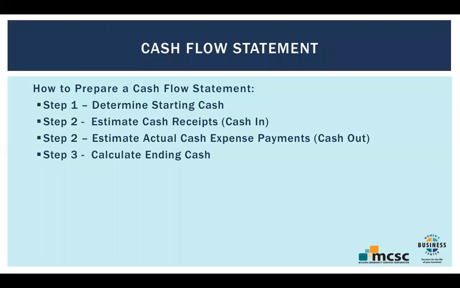If you just have one source of income, be it online or retail, how much actual cash are you receiving, not anticipating. Some clients invoice their clients. So that's not actual cash. That's an invoice. Until the cash comes from the credit card company, or the client's check, or is wire transferred, however it comes in, it's not accounted for in that month. So you're estimating what your receipts would be.